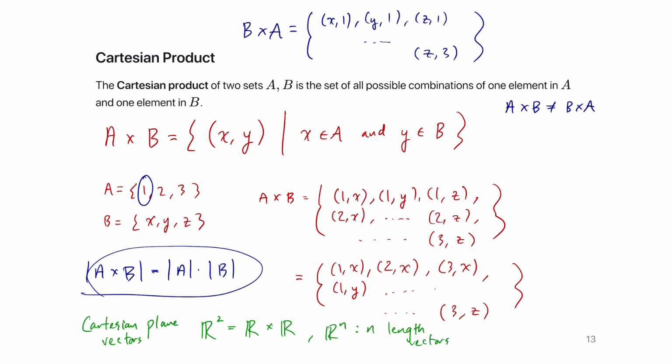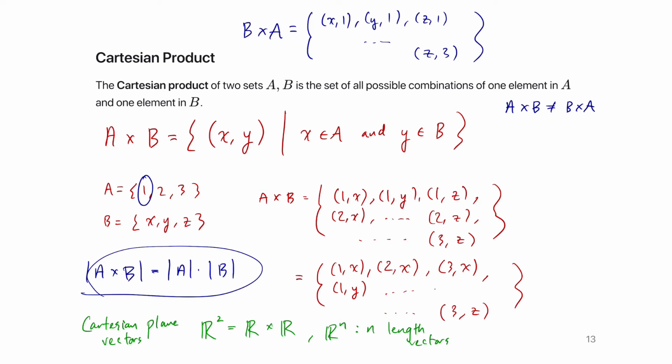Is that okay? Yeah. If there's an element that's in both A and B, then doesn't the rule about cardinality apply? No, because we still only bundle one element in A and one element in B. So it's okay if, for example, X was 1 instead. We would just have an ordered pair, 1, 1. Is that okay? Cool, so that's a good question.